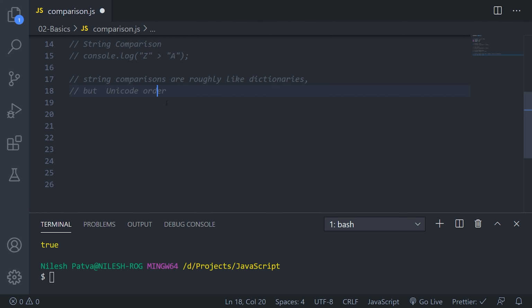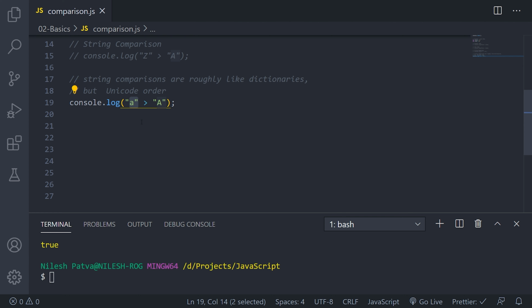I'll show you one more example. As I said, string comparisons are roughly like dictionaries, but in Unicode order. Right now I'm comparing the character A, but one is lowercase and another is uppercase.